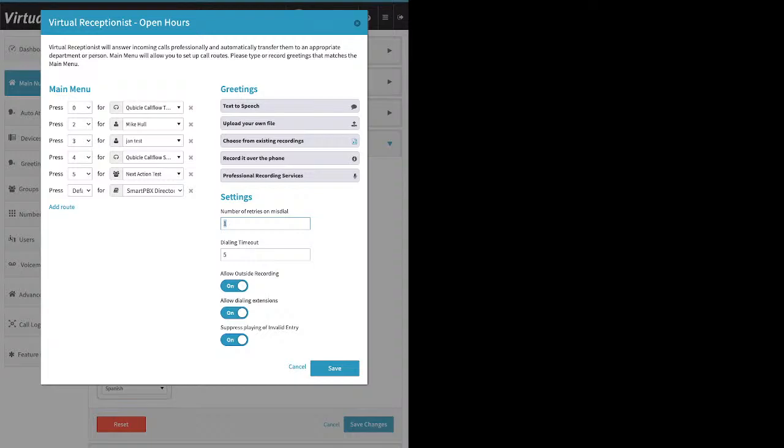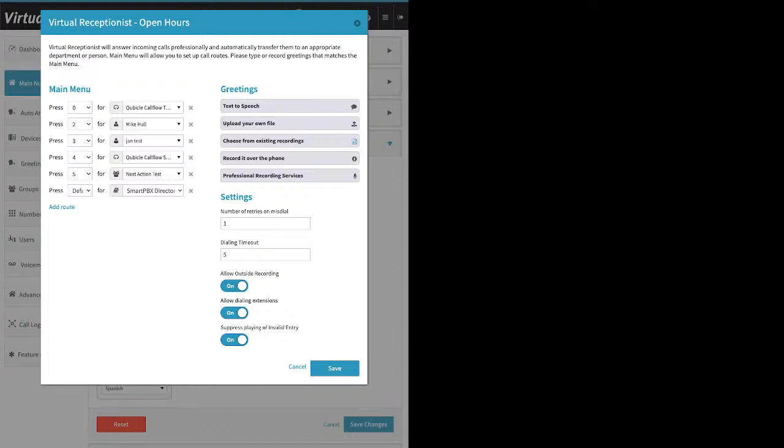So they call in, listen to the greeting, and they press 7, right? That's not a valid option. The system goes, oh, okay, that isn't right. It waits 5 seconds because of the dialing timeout here, right? The next setting says, okay, they really meant 7. It's not an option. Then the system will replay the greeting. So now they get their first retry. Play the greeting. The customer, for whatever reason, presses 7 again. The system waits for 5 because of the dialing timeout. And then